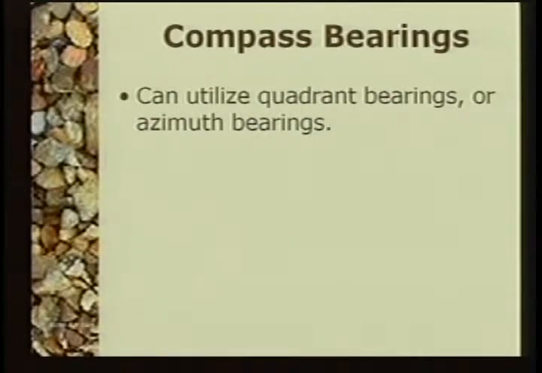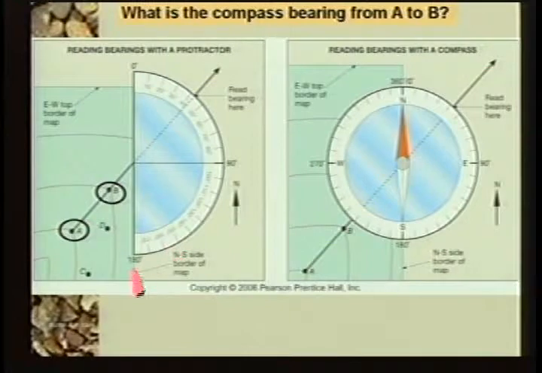Compass bearings. Kind of old-fashioned in some sense, but still very, very useful. We can utilize either quadrants, the north, south, east, west traditional, or we can use azimuth bearings. Well, let's look at this diagram. If we want to go from point A to B using the old-fashioned compass quadrant readings with the north, south, and then of course east and west, so northeast, southeast, southwest, and northwest system, how would we describe A